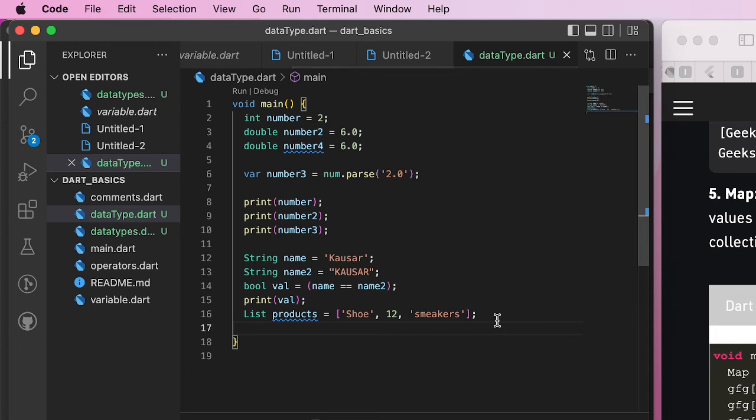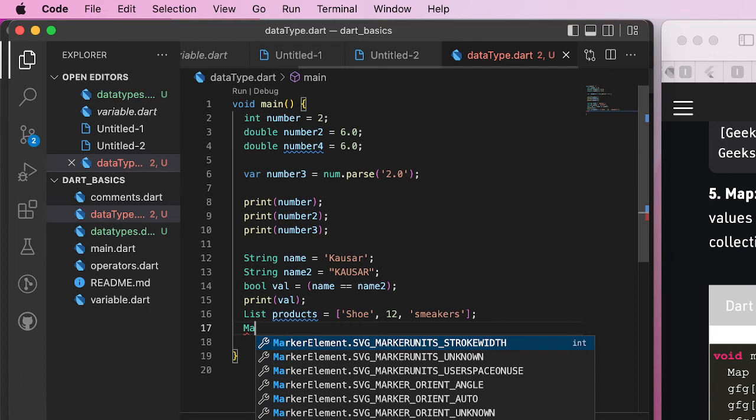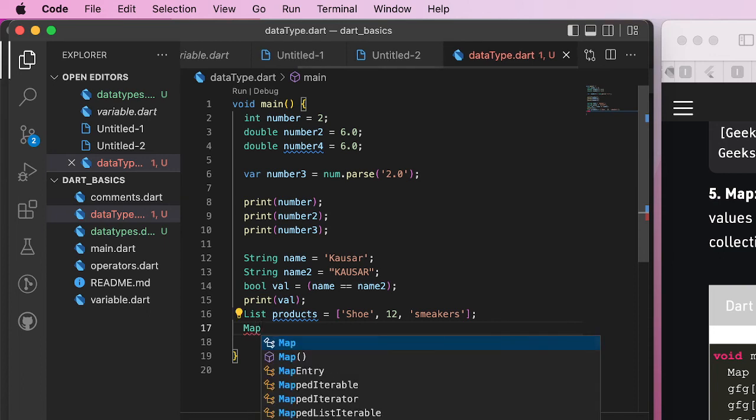Okay, let's move on to the last one, map. Am I still on the phone? Yes, ma'am. To declare a map, we have map, then